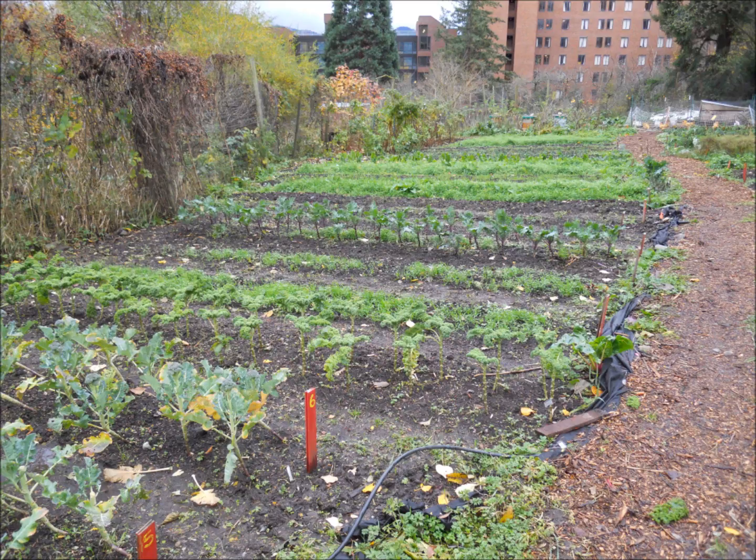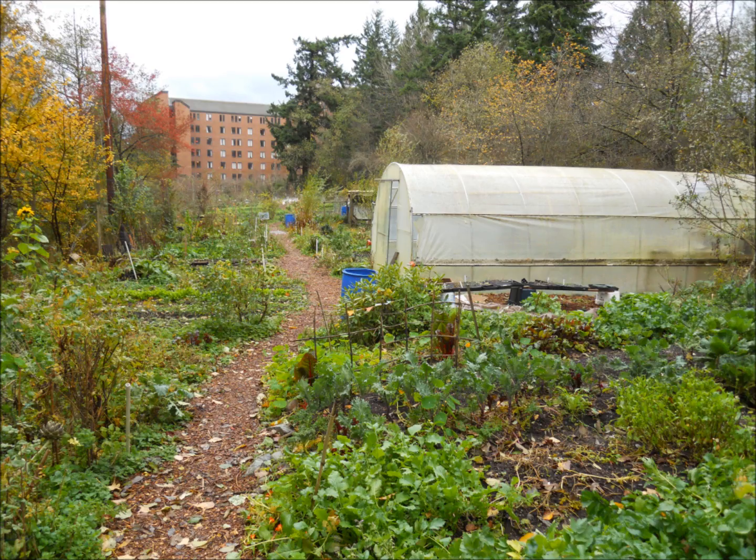Biointensive farming is a great example of resource partitioning, getting maximum yield out of a minimum area. Planting different types of plants next to one another plays a large role in the success of a garden. Planting cover crops can help use the nitrogen in the ecosystem more efficiently. As well,